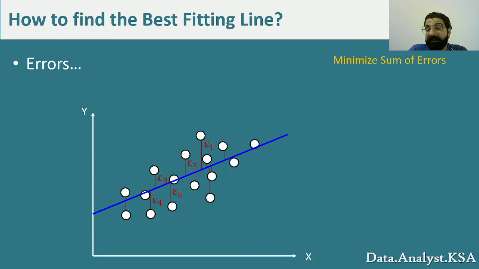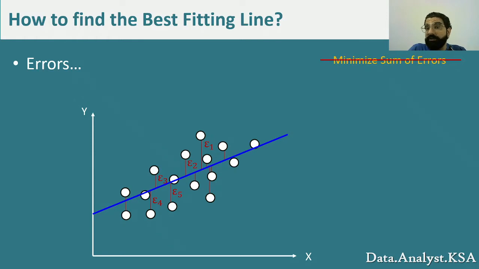the data. But think about one thing, we'll come across a problem because some of these will cancel each other. So even though our line is not really passing through these points, just because some of them are on the positive side of the line and some of them are on the negative side of the line, when we sum them, they will cancel each other. So we cannot just work with the sum of the errors. We need somehow to make these errors all positive, so when we sum them, they don't cancel each other out.